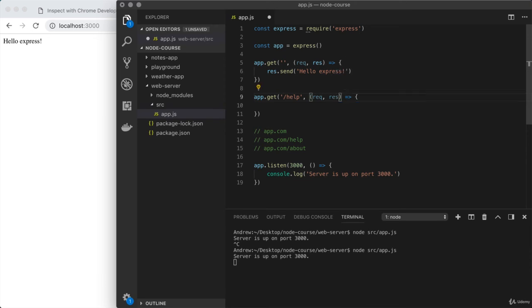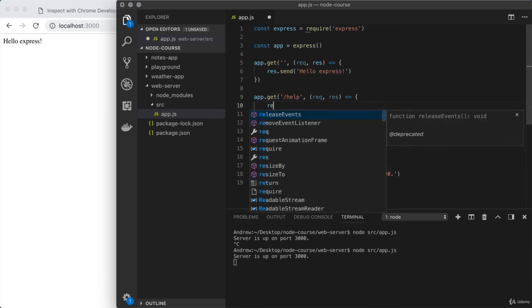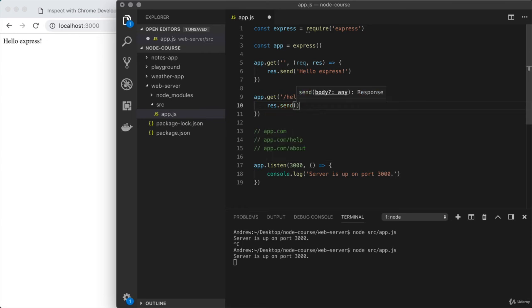And for the moment, we are once again going to use response.send to send something back. Right here, I'll just display a title for the page like help page. Perfect. Now that we have this in place, we are going to need to restart our server for the changes